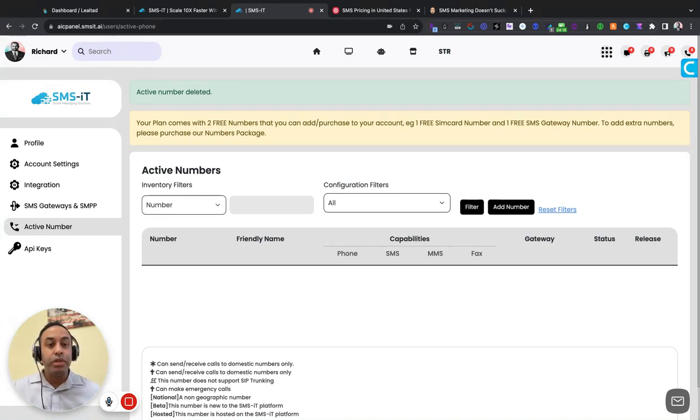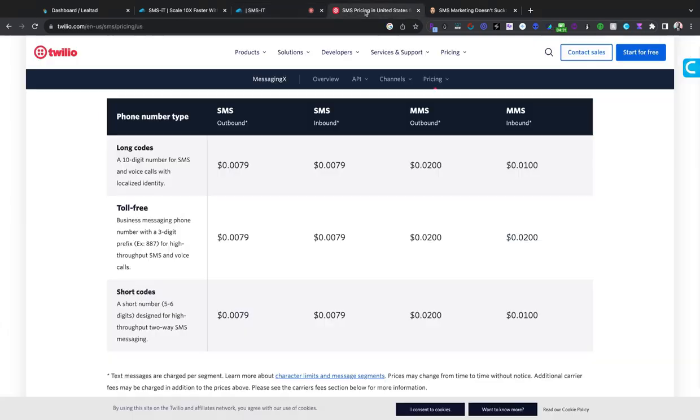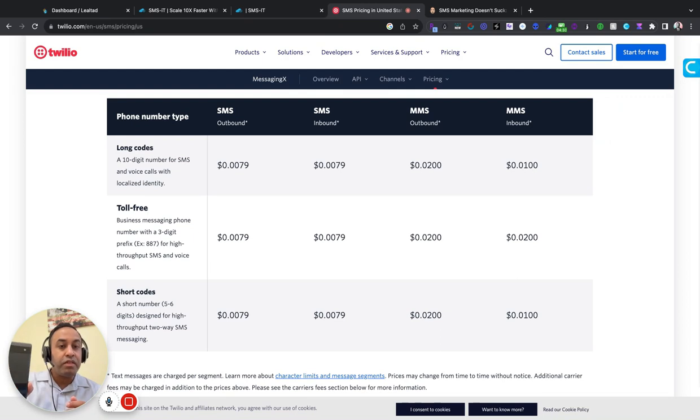Now, why is this really cool? We just said that looking at the pricing here for Twilio, which is one of the major players in the text marketing space, it could be $160 for 10,000 messages per month. With this, if you have an SMSit account, you can get a $5 a month plan on this and then send unlimited text. As long as this phone is connected to internet,